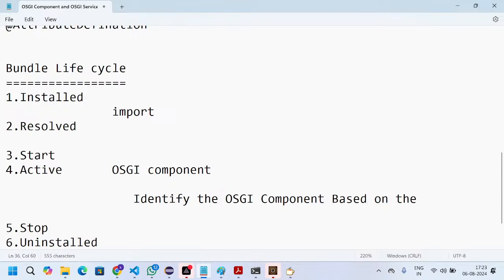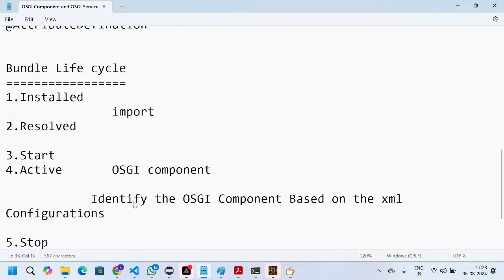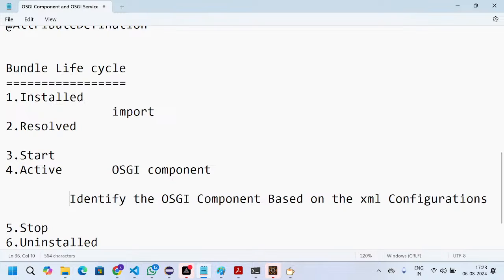Who will identify? OSGi is the framework, right? So in the AEM architecture, it is a combination of three frameworks. In the OSGi framework also, it will identify OSGi components based on the XML configurations. Are you guys clear with my point? This is clear, the first one. So the next point is, it will create